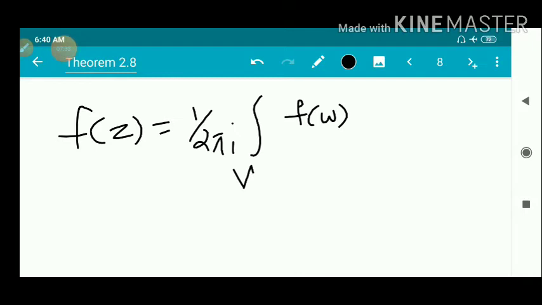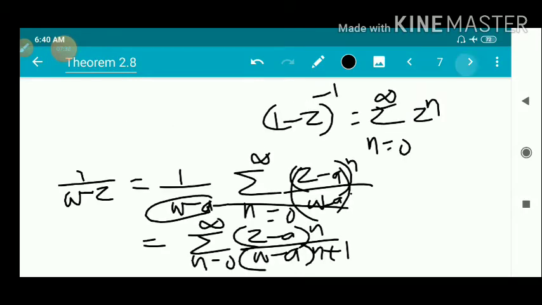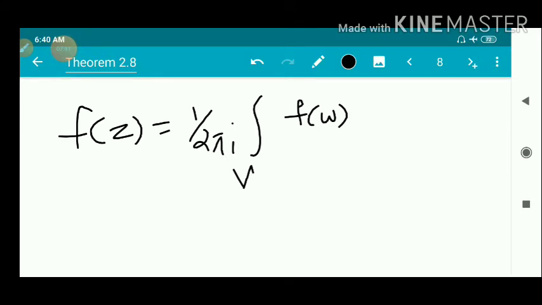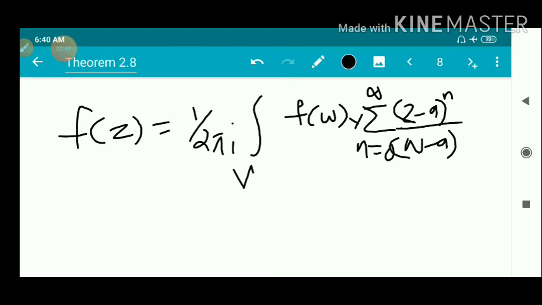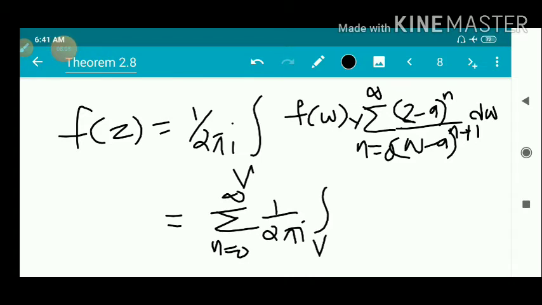divided by w minus z. Instead of that, we can write this summation into 1 by w minus z, replaced by sigma n equal to 0 to infinity (z minus a) all raised to n divided by (w minus a) all raised to n plus 1, dw. So we can rearrange this as, sigma can be taken outside, sigma n equal to 0 to infinity 1 by 2 pi i integral over gamma f of w dw divided by (w minus a) all raised to n plus 1, and